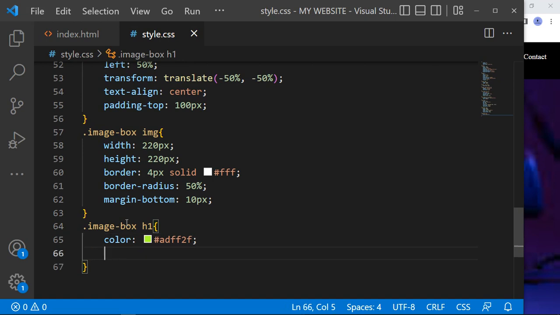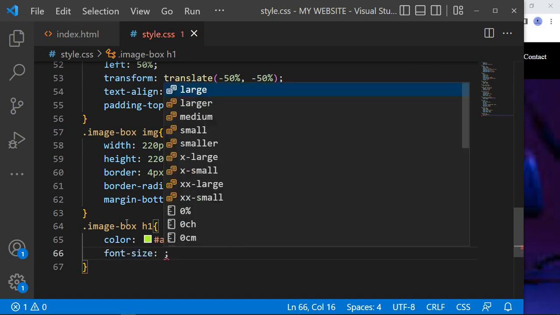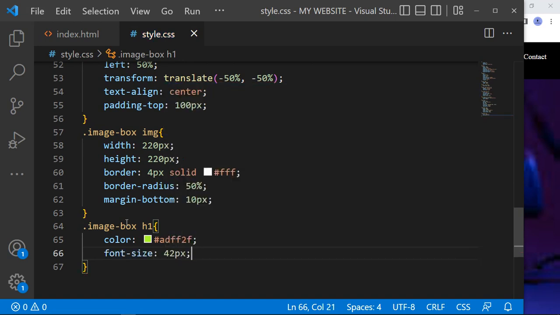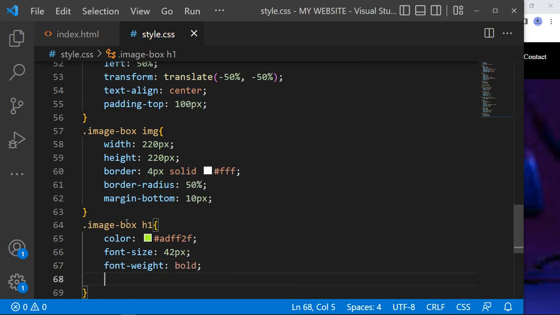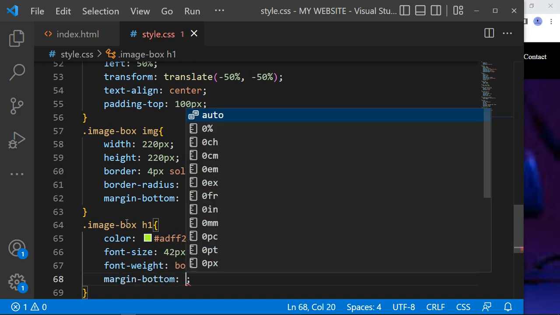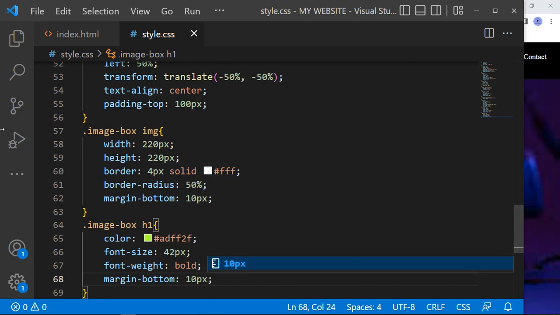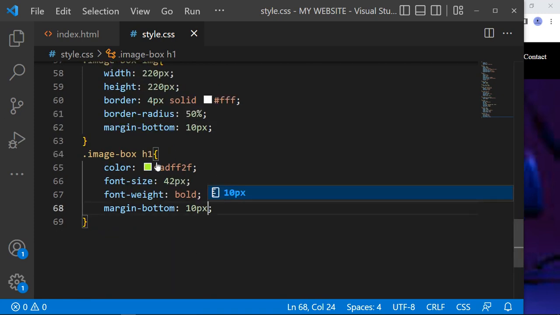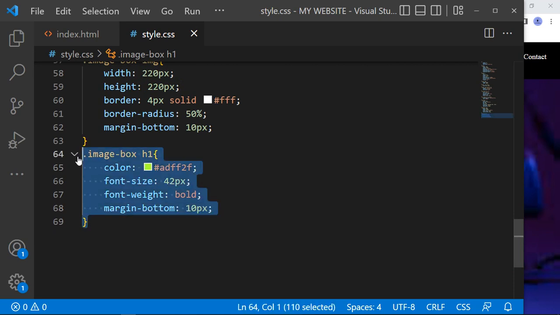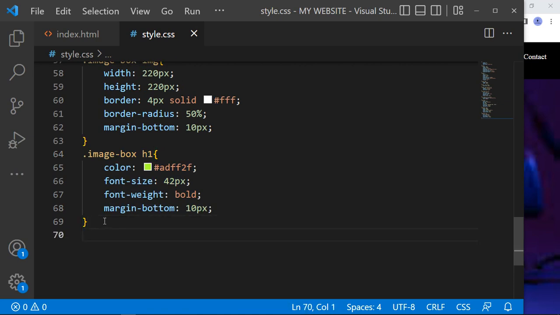Then we'll have the font size, 42 pixel, 48, set to bold. We also have the margin bottom set to 10 pixel. Okay, we also have to set this. Okay, let's copy this, and then the next one is for